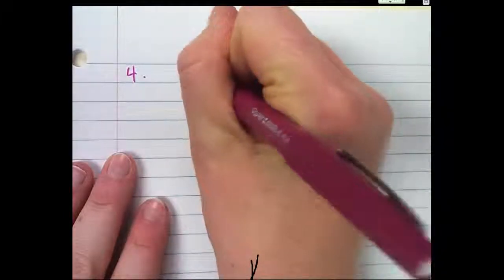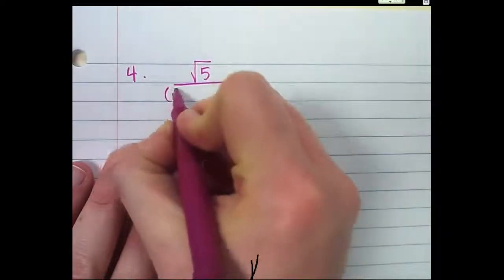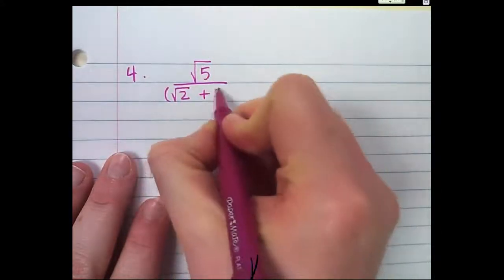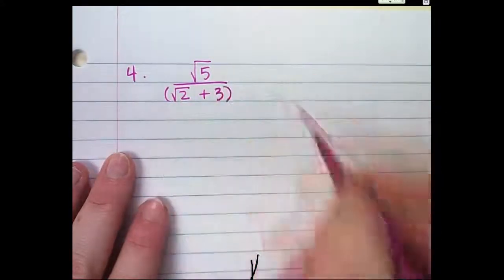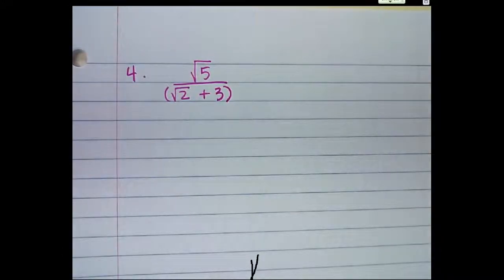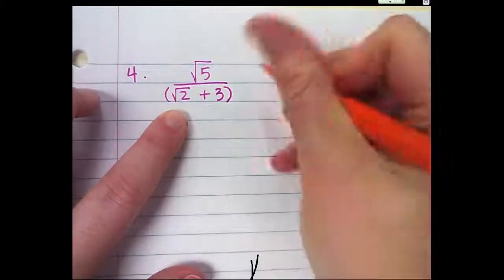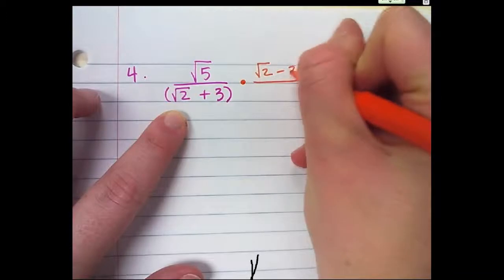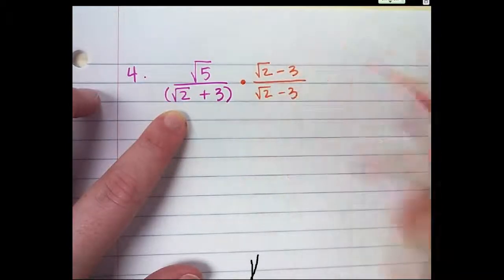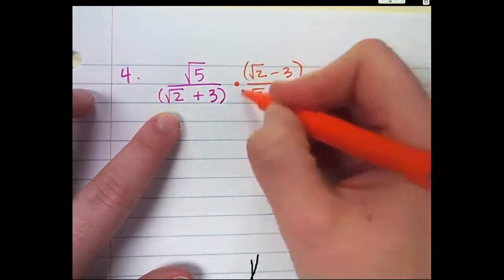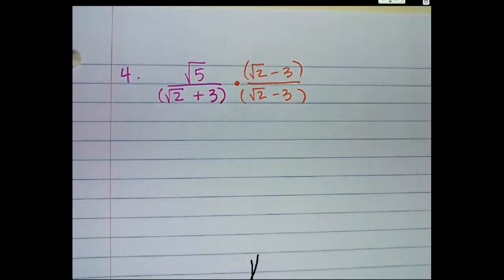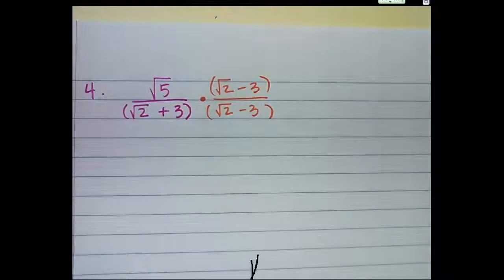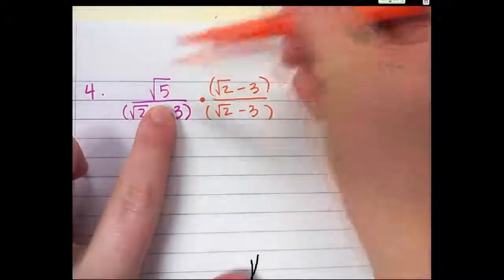Square root 5 over square root 2 plus 3. So I have a binomial on the bottom, so what do I multiply by? Square root 2 minus 3. That's the conjugate. So on the top, you're just going to distribute because you only have one term. So distribute